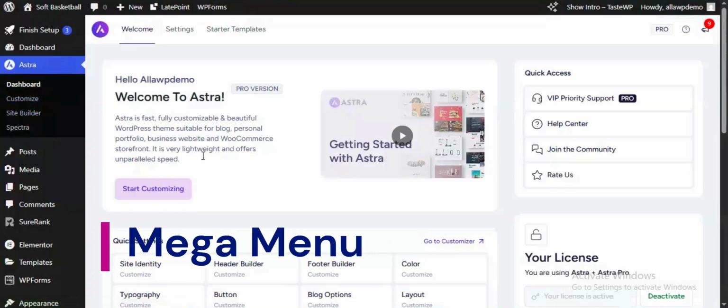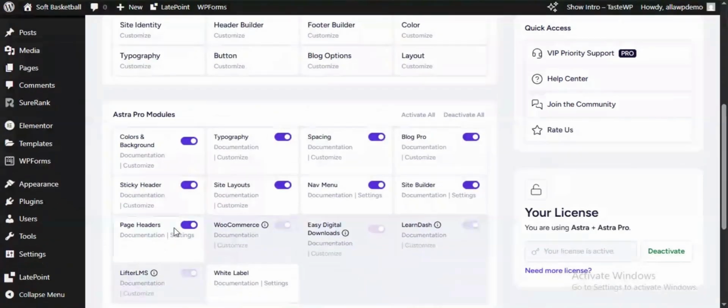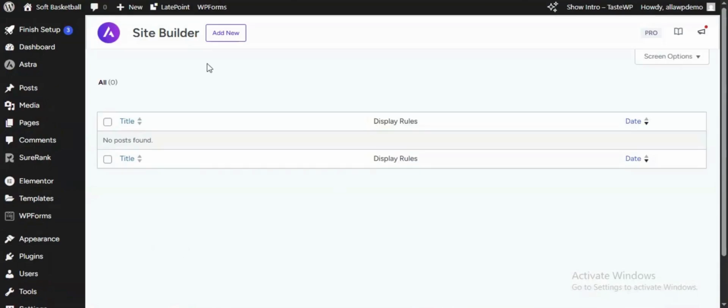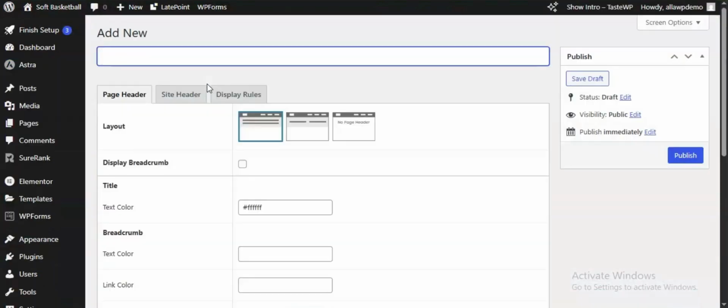Okay, so let's take a look at page headers. This is kind of like a theme builder, right? So let's say you have worked with Elementor. I think you would be able to make more sense of it. Let's go ahead and click on Settings, right? And click Add New. Essentially what it does is that it allows you to create different sections for your